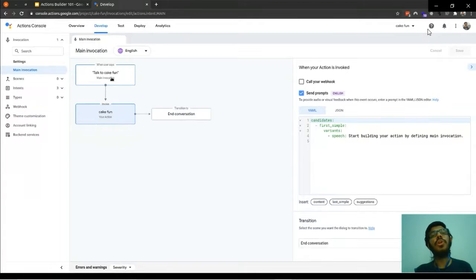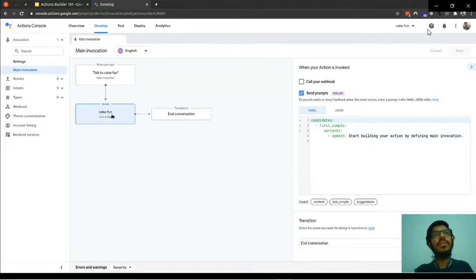Whenever you want to invoke an action in Google Assistant, you say talk to, then the name of your application. That way you invoke that particular application. Over here, the name of my application is Cake Fun, so I will say talk to Cake Fun. In your case, it would be something else. You can say it according to your application's name. So I'll say talk to Cake Fun, and it will invoke Cake Fun.